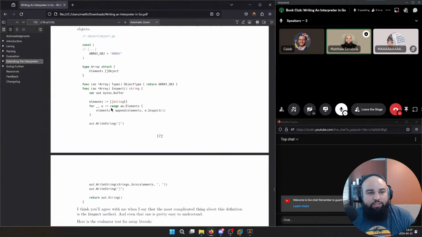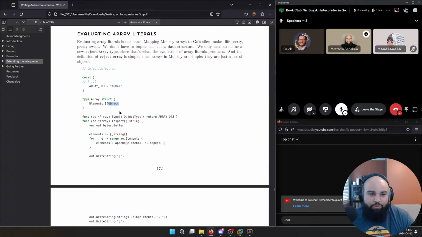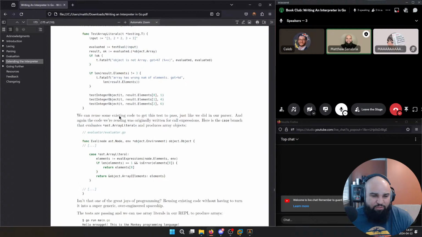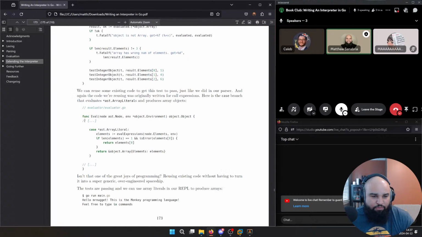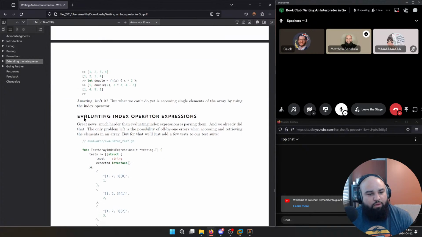So keep that in mind, because it matters. When we say what an array is, you'll notice that an array is a slice of objects, where an object can have a type for it. So just keep that in mind. This makes the array have any type we want. So cool. I don't think there's anything else to discuss here based on what I read. Yeah, I think we're good here. That was pretty much it. Awesome.